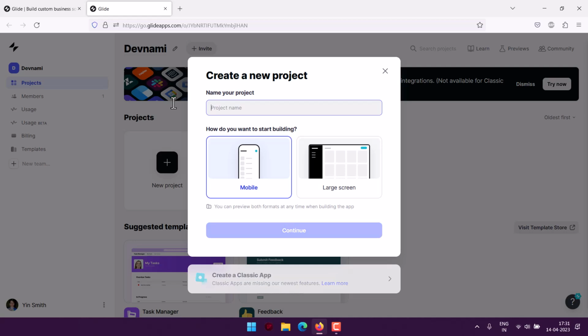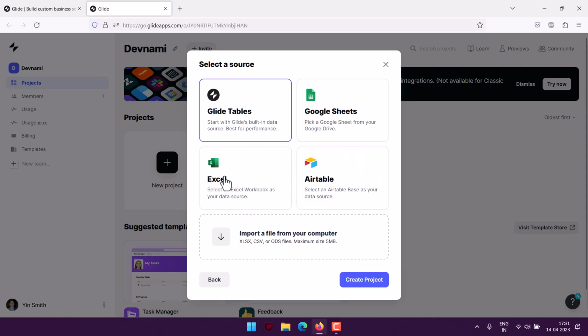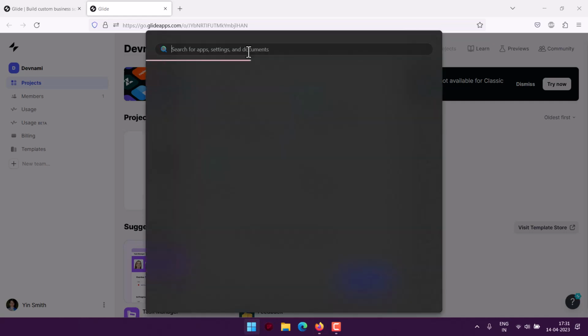So as you can see, one of my teammates is already in this, and I will try and create a new project. I will name this inventory app. Then I will use large screen, click continue. Then within the data source I will be importing one of the files, right? So for that I will just use Excel,